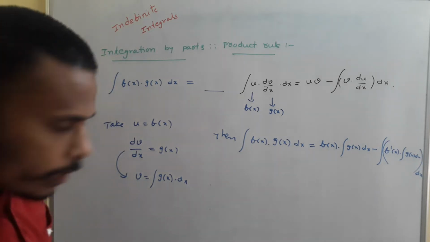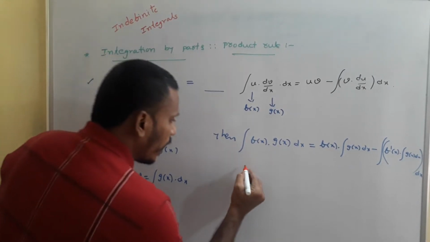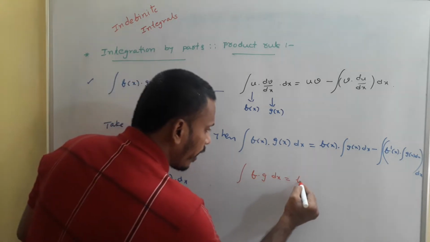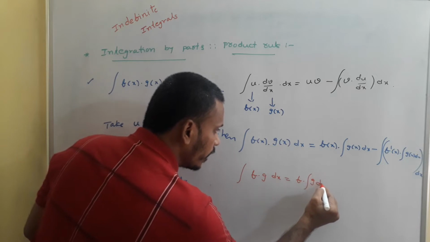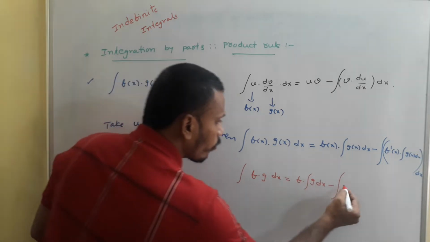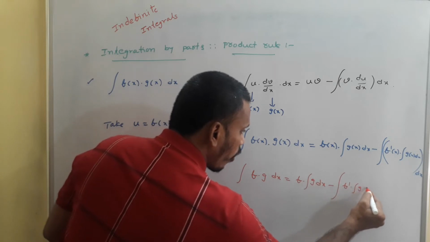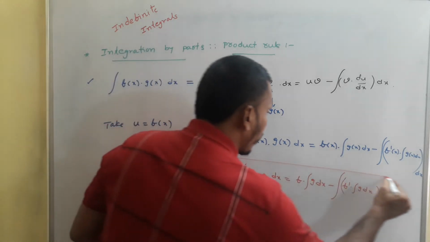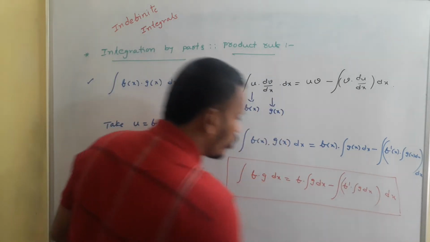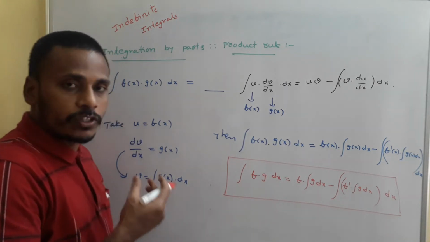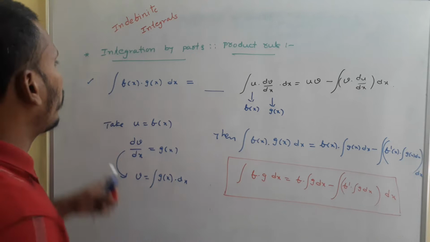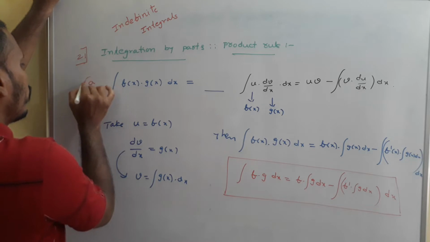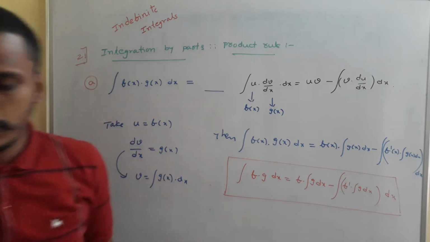Okay, you just try to memorize this. The integral of two functions f into g dx is equal to the first function f into the integral of the second function g dx, minus the integral of the derivative of the first function, f dash, into the integral of g dx, and this whole thing again with respect to x. This is what we need to memorize to solve the problems. This is developed with the help of the product rule of differentiation, and this is integration by parts. This is your 21st point, and in the 21st point you just take it as a. Okay, note this.